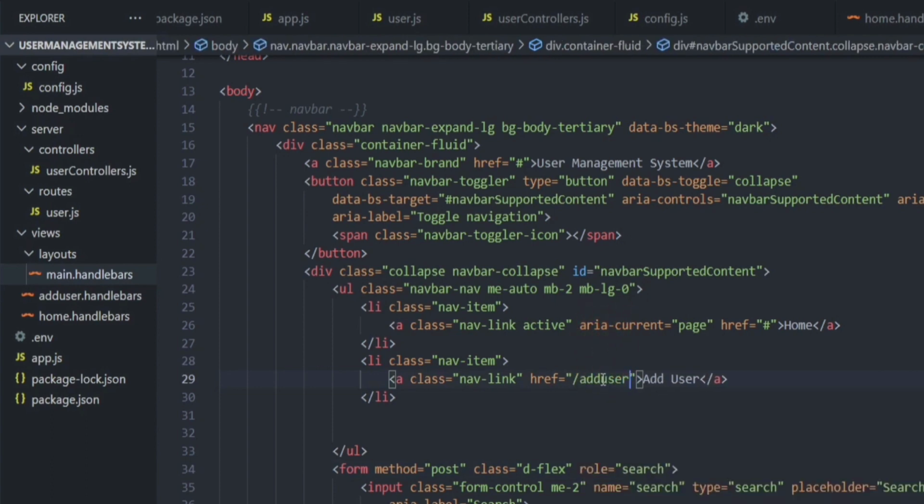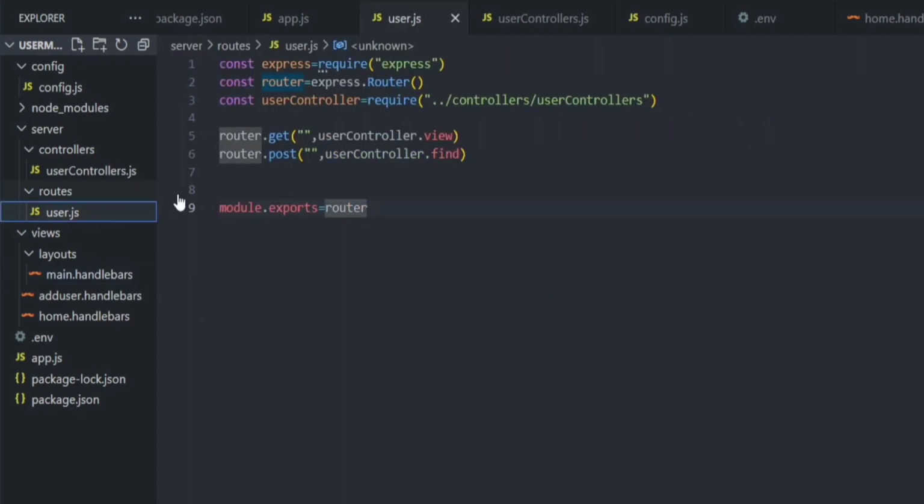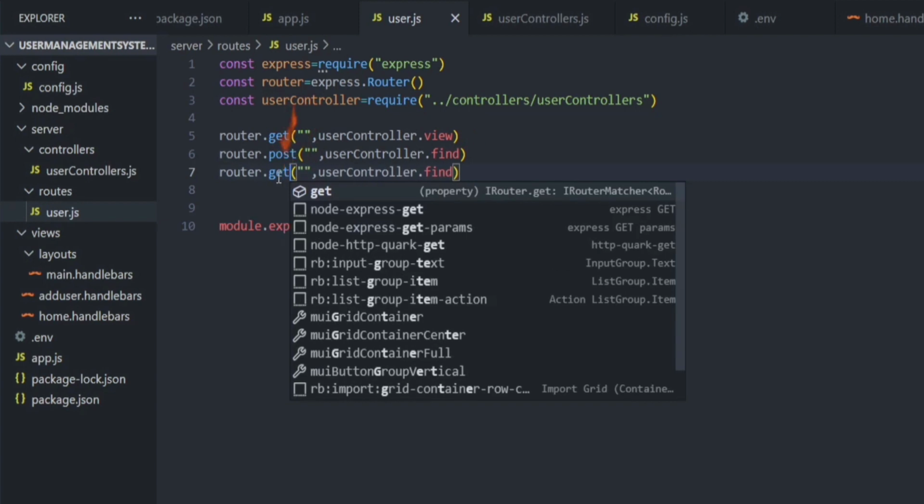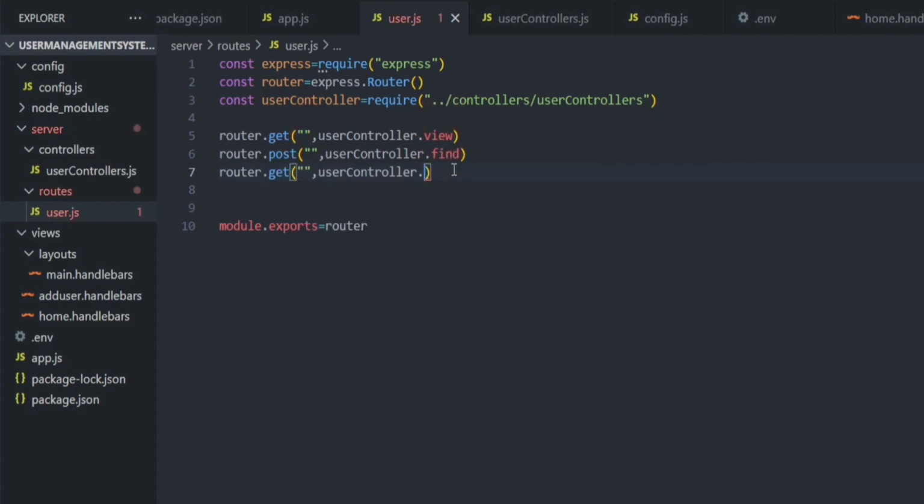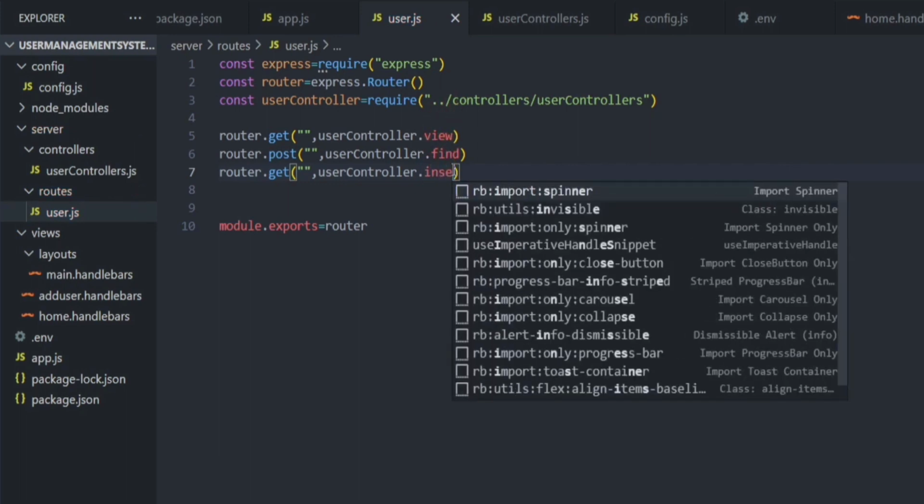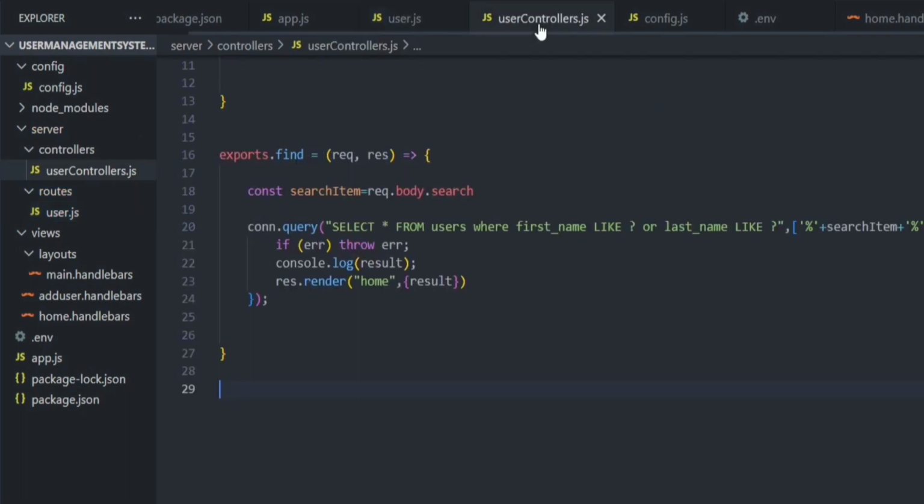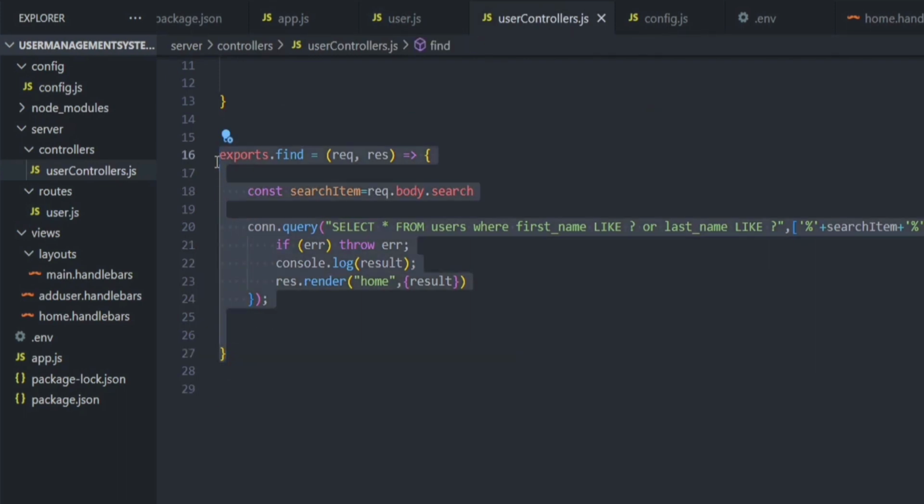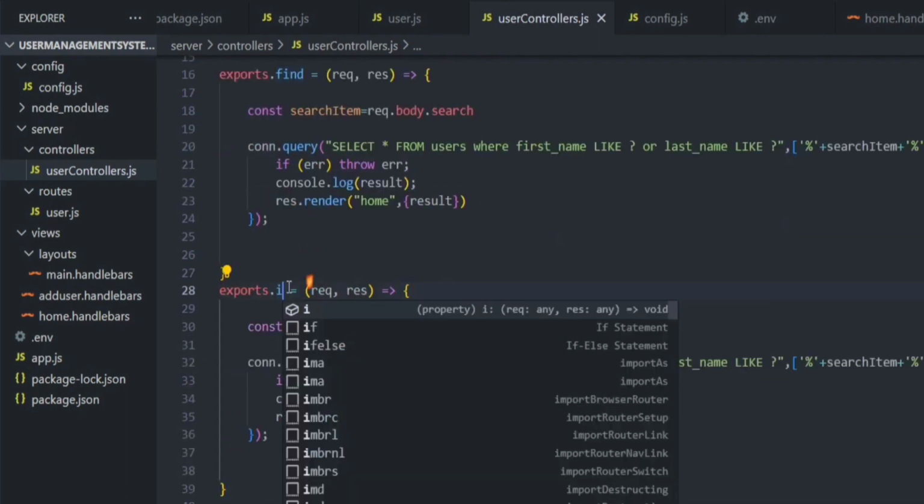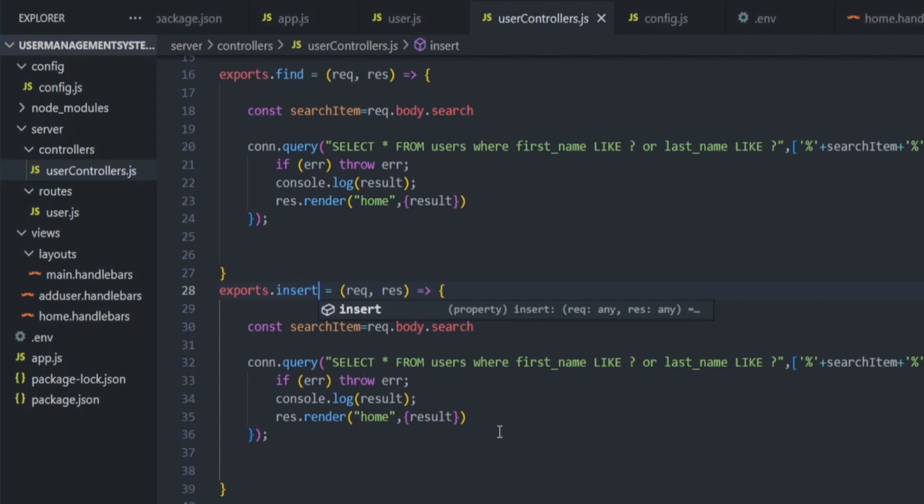So here I am writing slash add user, and now let's go to our routes, and here we have to create a get method for our page. And now I am including a middleware here which is insert, and after that I just need to go to the user controller file, and here I have to create a middleware for our route. So I am now copying the previous find route, and here I just need to change it to dot insert, and before that I have to write export so that we can use it outside the file